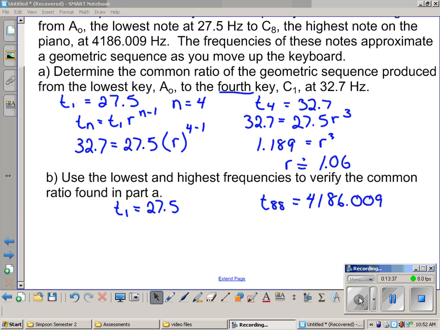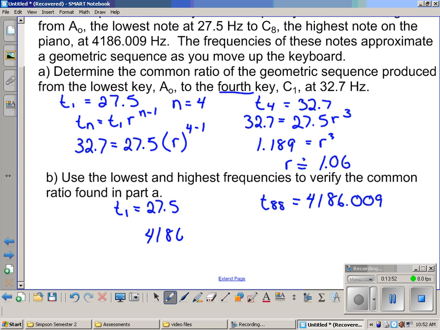I'm going to verify it by following the same process that we did in Part A and confirm that we get the same R value. So in Part A, we let Tn be our final point, which was 4,186.009. And I want to show that that is equal to T1, which is 27.5, times R,